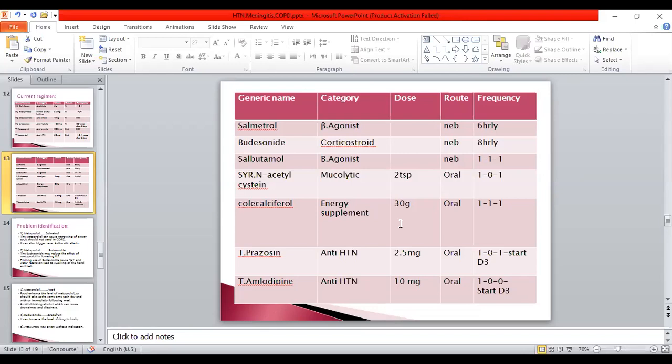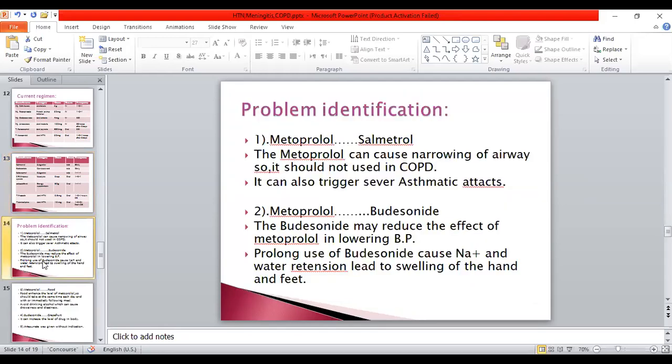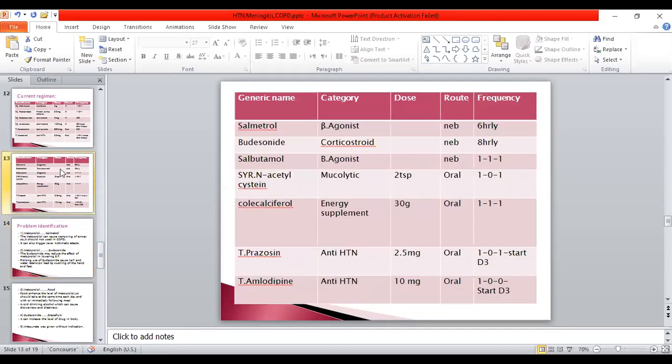Okay, go to the next slide. Sir, and NAC also, is it OD dosing or BD, sir? I have a doubt in it actually. Which one? N-acetylcysteine. Go back. Actually, TID we should give. But N-acetylcysteine 650 mg OD it comes, no, actually, not TID, I guess. 650 mg OD in the noon it comes actually, as far as I know.